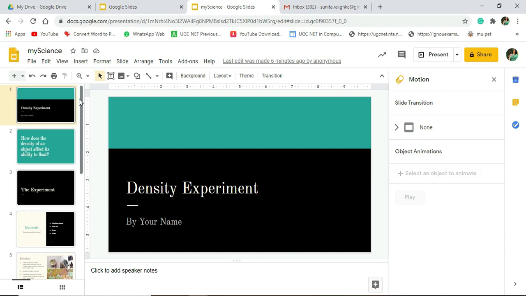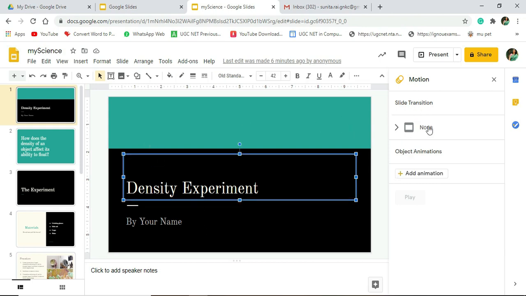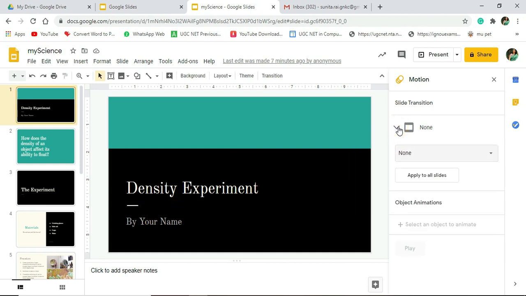So for example, currently the slide transition is none. What is a transition? Moving from one slide to another slide, what effect should come, that comes under transition. So I want to give transitions to this slide. Over here I'll click, and from this combo I'm going to select what transition I want.